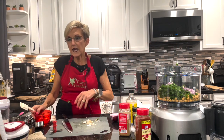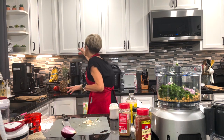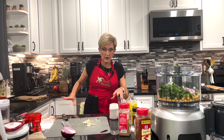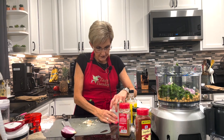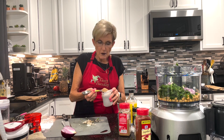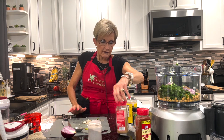Next, we have 1 tablespoon of ground flaxseed. Now, I keep my flaxseed whole and in my cupboard up here, but you want to keep it whole. You don't have to refrigerate it, but once you grind your flaxseed, you want to make sure you keep it refrigerated. I use an old chewing gum container, and that lets me keep my flaxseed in the refrigerator conveniently, and I grind some up probably once or twice a week. There's my tablespoon of ground flaxseed, 2 teaspoons of cumin,